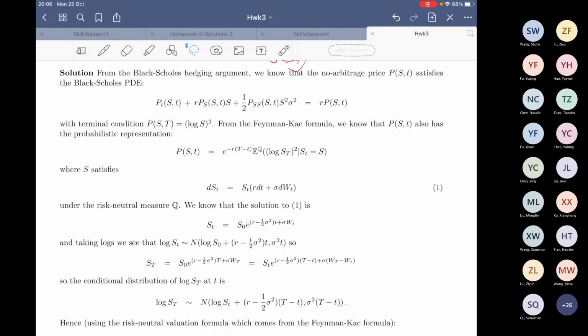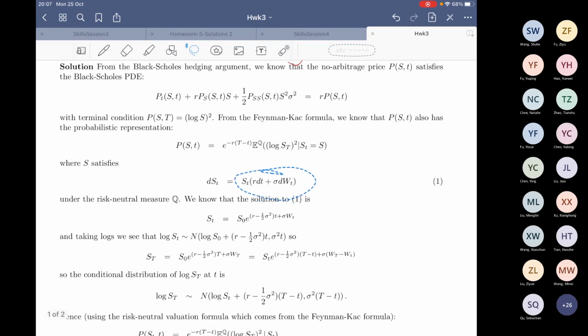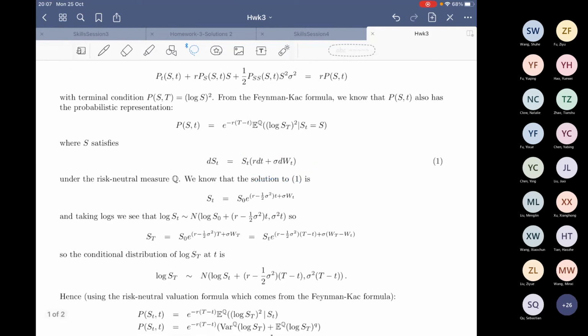We've seen that, of course, we did it the other way around. In the notes, we started off with this, but with r replaced by mu, and then showed that this S_t process satisfies this SDE. So we went the other way around, but essentially this formula is consistent with this SDE. And taking natural logs of everything, we see that the